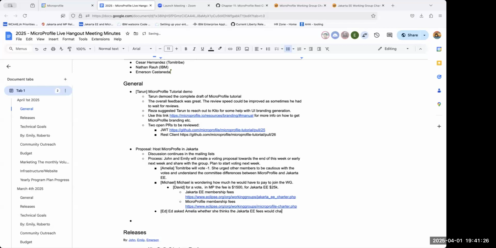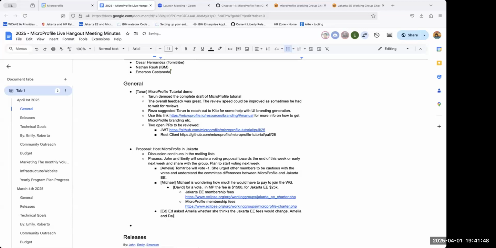One is parity: if you currently have a voting membership, whether you would continue to have a voting membership with Jakarta EE. And secondly, that there could be a future fee increase in Jakarta EE, right? And we both have that concern, correct? Yeah. So